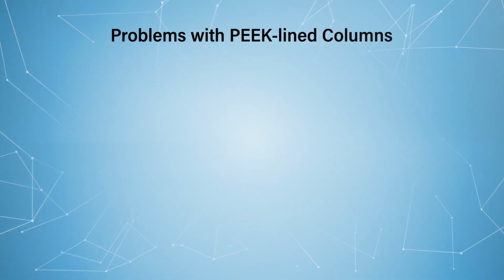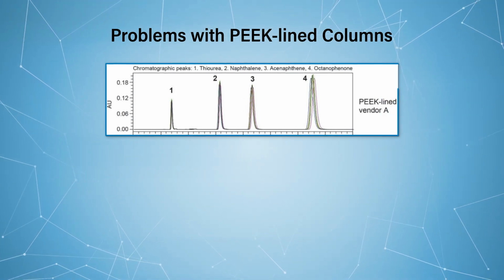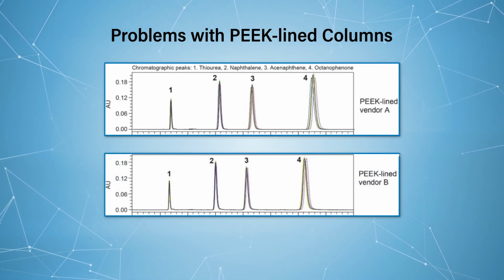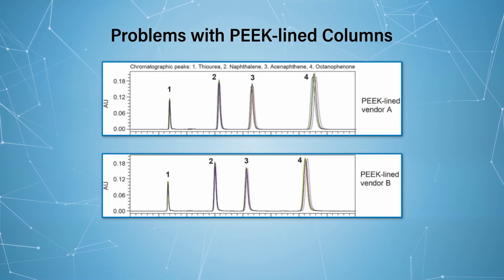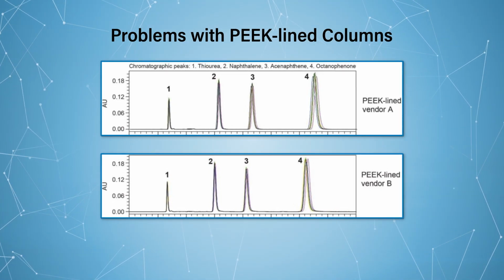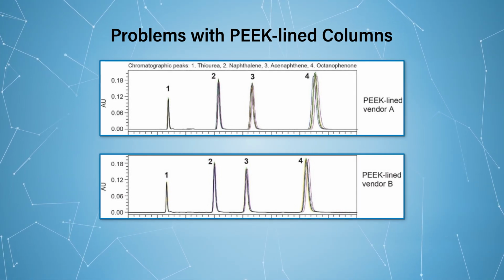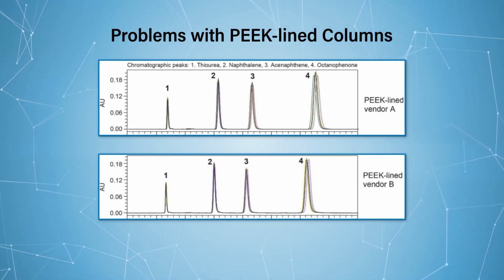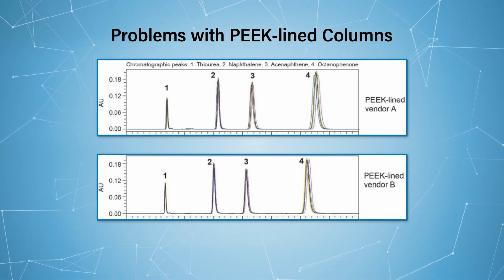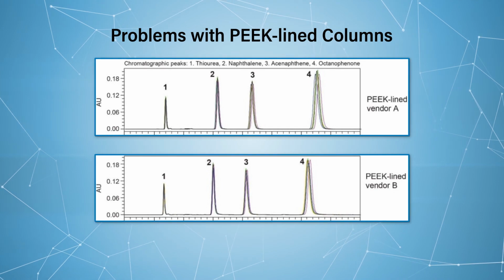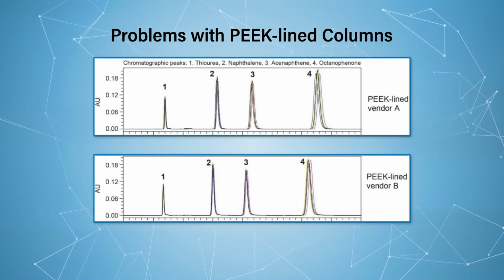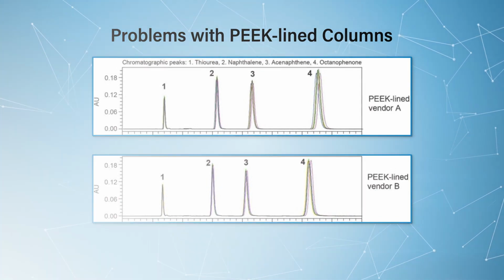And I'm sure PEEK, or polyether ether ketone, has its drawbacks too. It does. One of the scientists here at Waters, Maureen DeLoffi, she recently did some work where she looked at different PEEKline columns from a couple of different vendors. And she actually wrote an application note about this as well. And she found that not only are they irreproducible in terms of performance, but over time, chromatographically, you start to see some variability in things like retention time and peak area just from that lack of performance of the actual column. So Kenny, are there any other technologies that can mitigate these challenges?